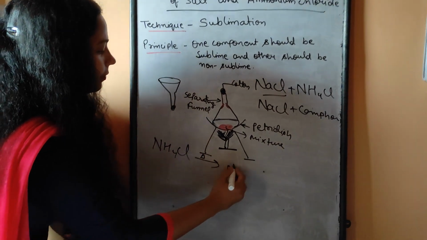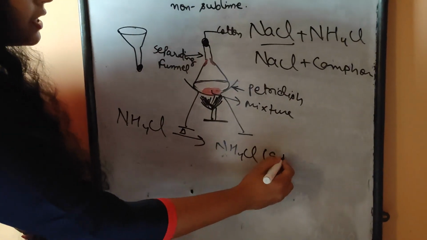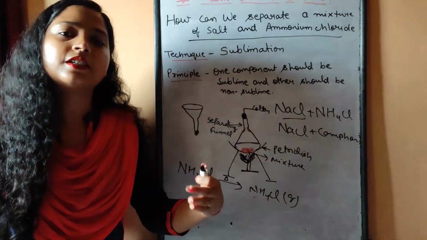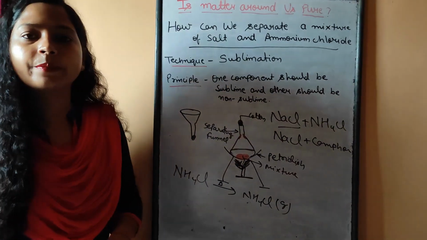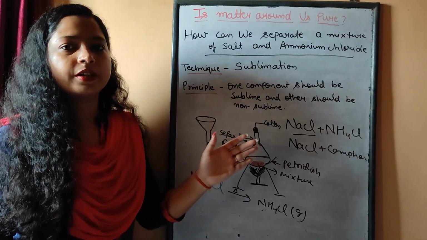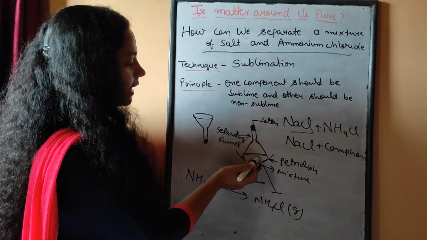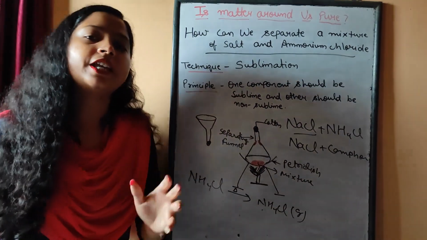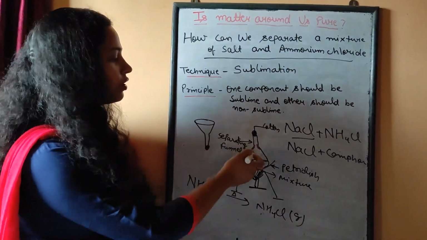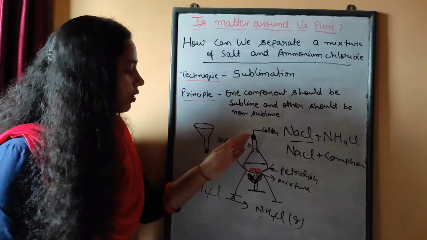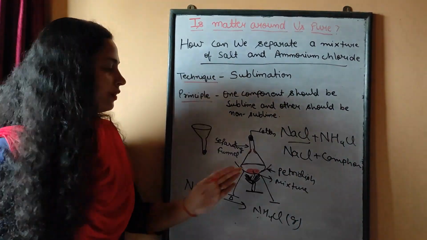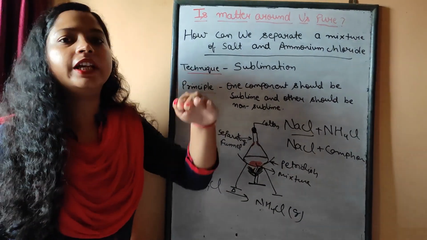So NH4Cl on heating becomes NH4Cl gas. That is, fumes of NH4Cl start fuming here, right? Now gases have a tendency to move up. So what will happen? Gases यहाँ से ऊपर जाना शुरू होंगे और वो सारे gases किसके होंगे? NH4Cl के. These gases want to escape out, but since cotton is present over here, there is no chance of escaping out of these gases because cotton will hinder that.